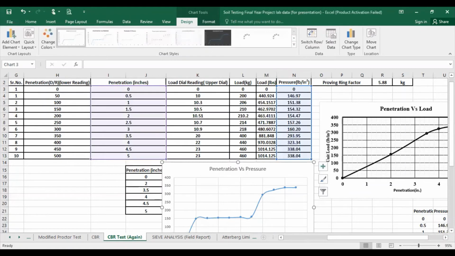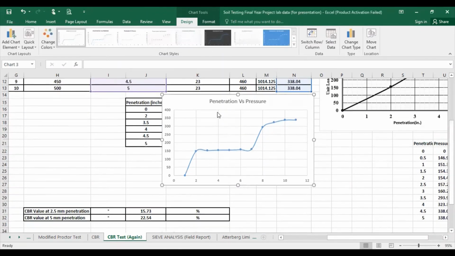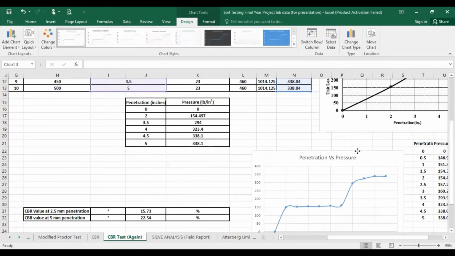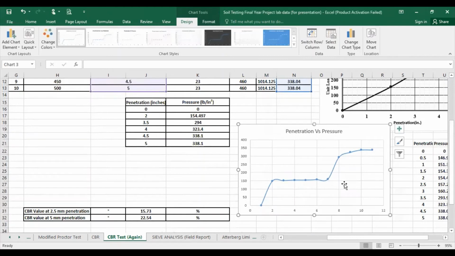And you can see the graph, and this is haphazard. So in this type of situation, what we have to do is take an interpolation, or you can say a selection of the data. So how can we improve this graph? We can improve this graph like this.